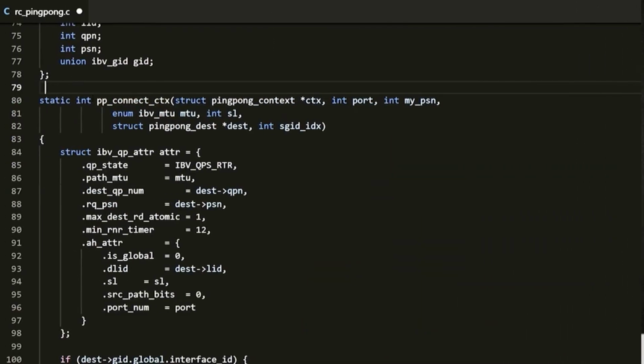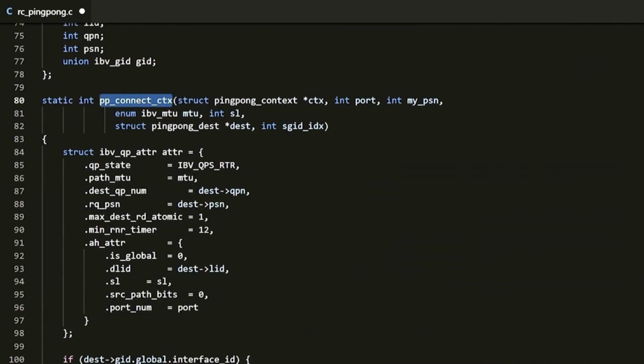RC Ping-Pong uses TCP communication to exchange addresses of QPs between the server and the client. We will focus on the QP creation and connection establishment rather than the TCP communication. Once the server and the client have the addresses of each other's QPs, they connect the QP and start the main loop. In this function, we take the information of the remote QP as well as the local QP itself